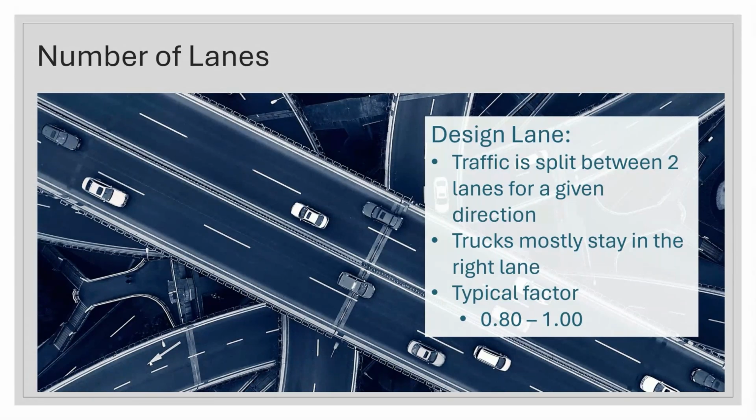And if we think that most of the damage or the loads are going to happen over there, we're going to assign a truck factor. It's typically somewhere between 0.8 and 1.0. If we really think that all of those truckloads are going to be in one lane, then that lane has to be designed for all of that truck traffic. But if it's going to be kind of split, then we can shave a little bit off of those ESALs.